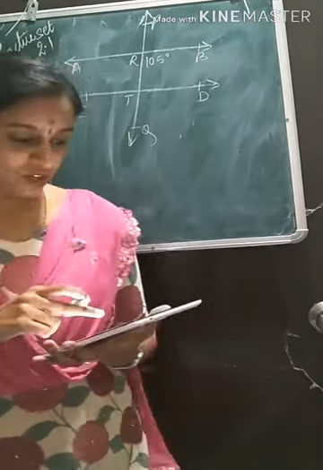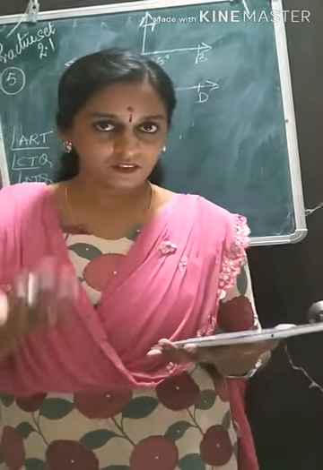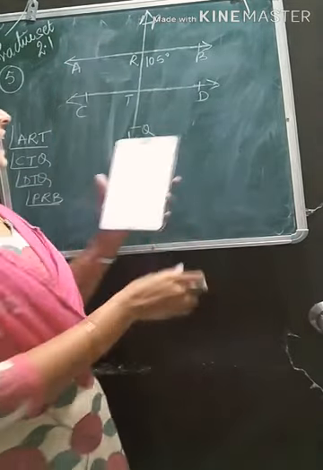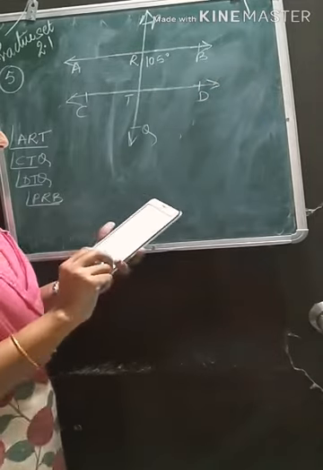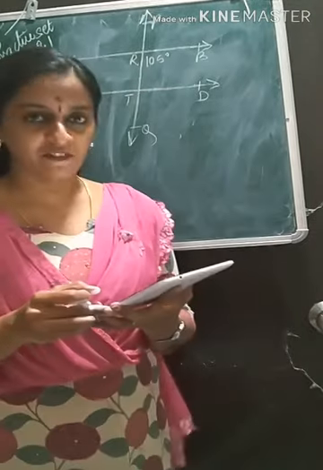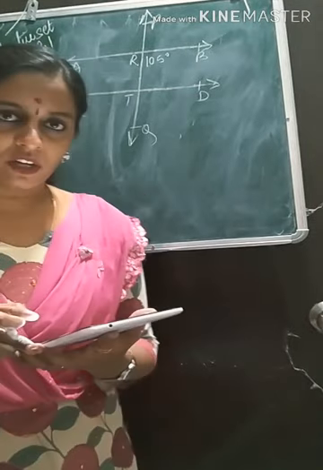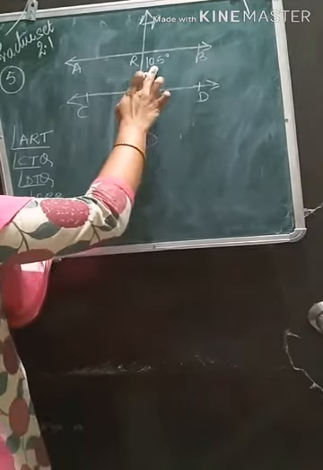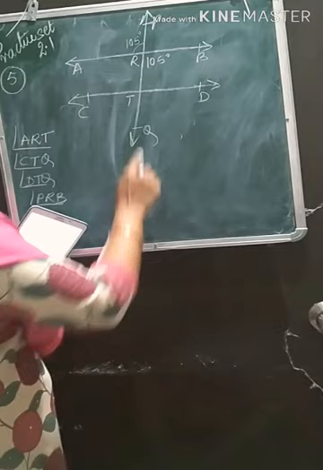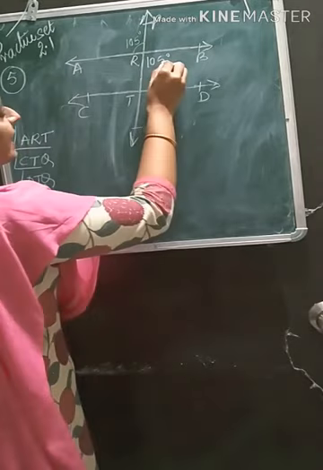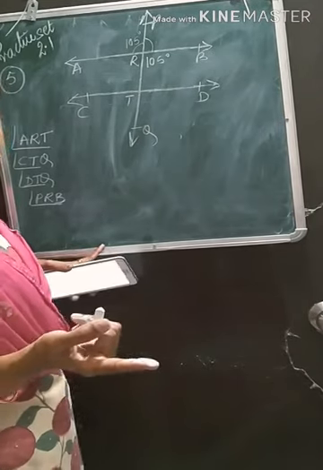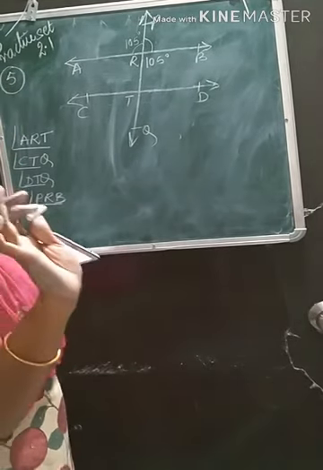Now see the last question of the practice set. This is the same as the two sums which we did. Okay, this you have to do. We will discuss the sum. Line AB is parallel to CD and PQ is the transversal. Measure of the angles is given. Find the measures of the following angles. If this is 105, we know that this will also be 105. If this is 105, then the linear pair, that is this angle, will be 180 minus 105. These are things you are now very much okay with.